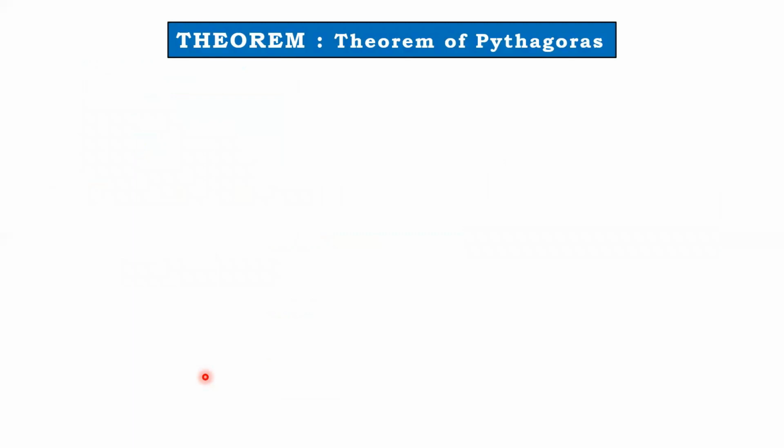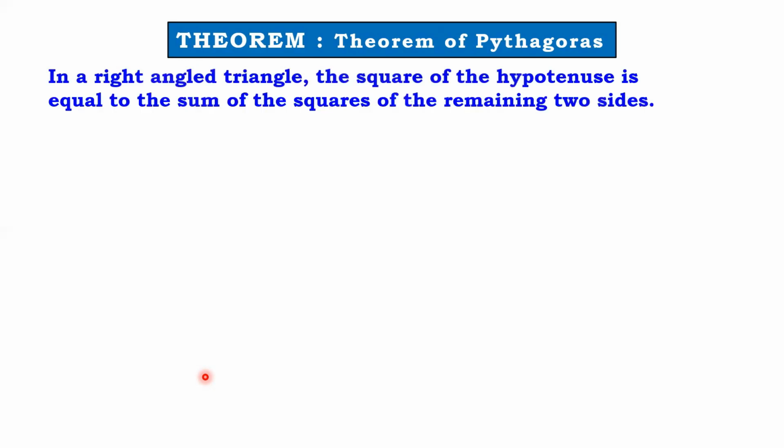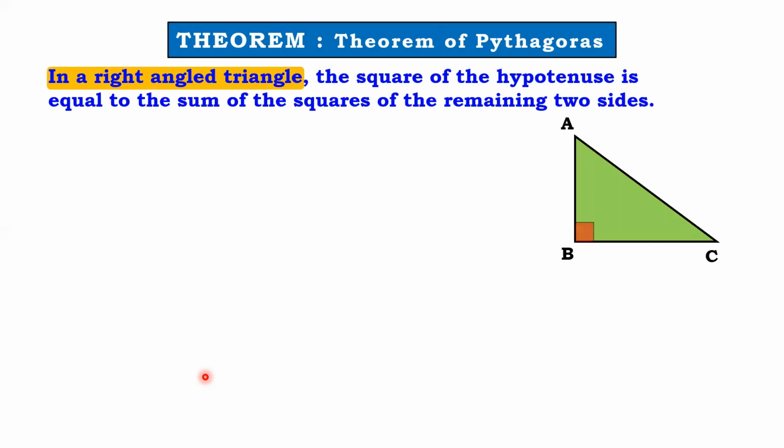Now students, as I've said to you all, we have understood the concept of theorem of Pythagoras, but now we will understand the entire theorem of Pythagoras, how to prove it. And as I've rightly said, to know this theorem, we need to know theorem on similarity of right angle triangles. So what we did, we studied theorem on similarity of right angle triangles, and now we start learning the theorem of Pythagoras. Okay, so this is the statement for theorem of Pythagoras. In a right angle triangle, let us have a right angle triangle ABC.